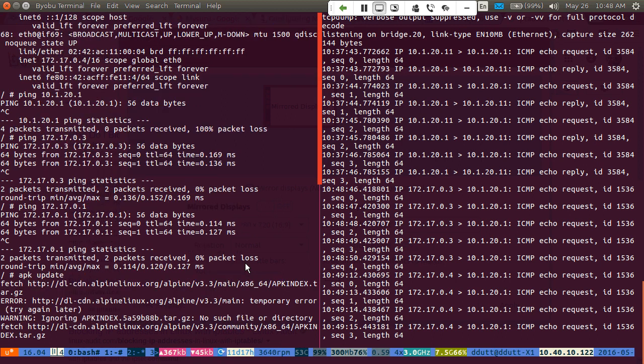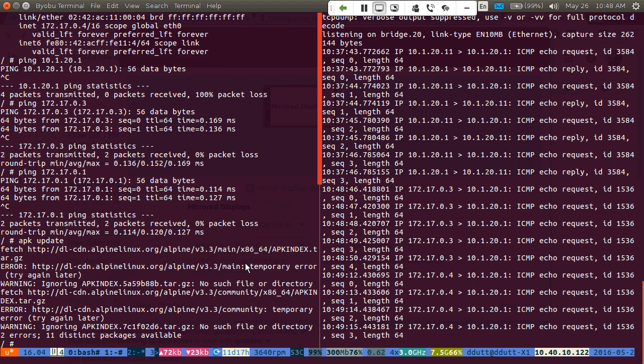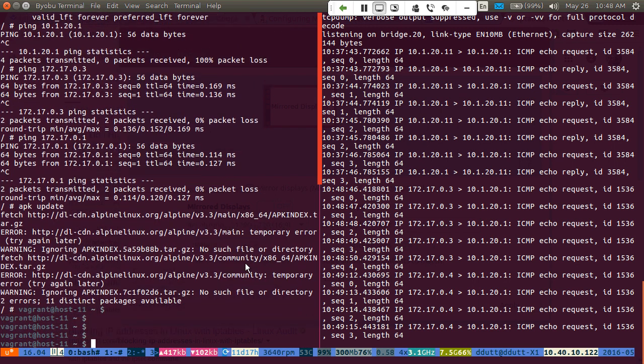Now let's take a look at a slightly different thing. Let's go ahead and create another container, but this time connected to a different Docker bridge, and see what happens. So docker run --name=bash5 --net=docker2.